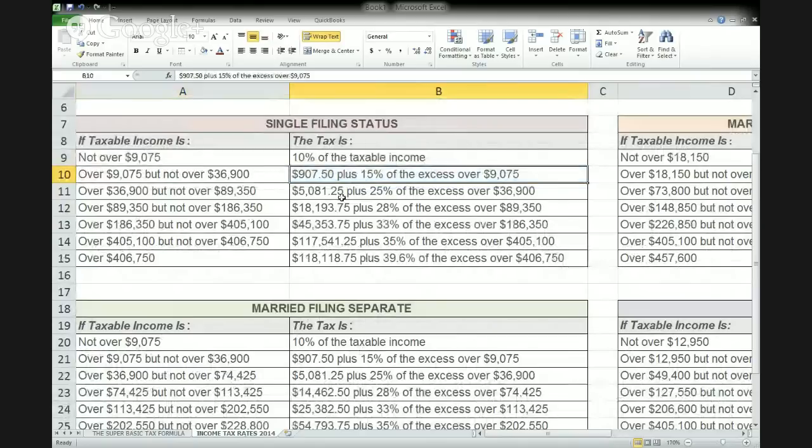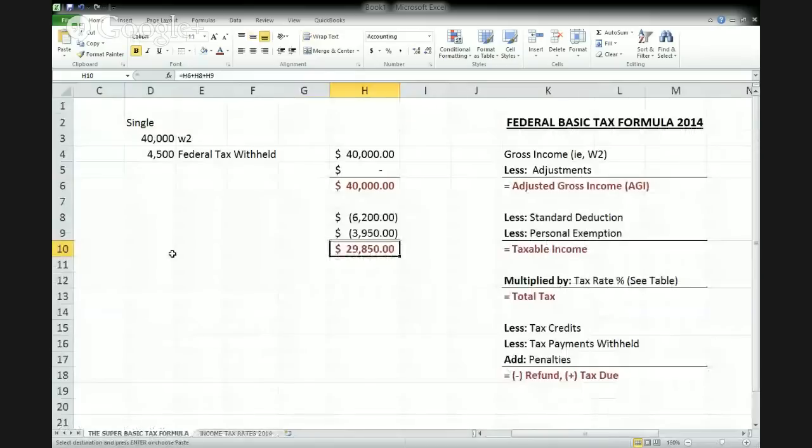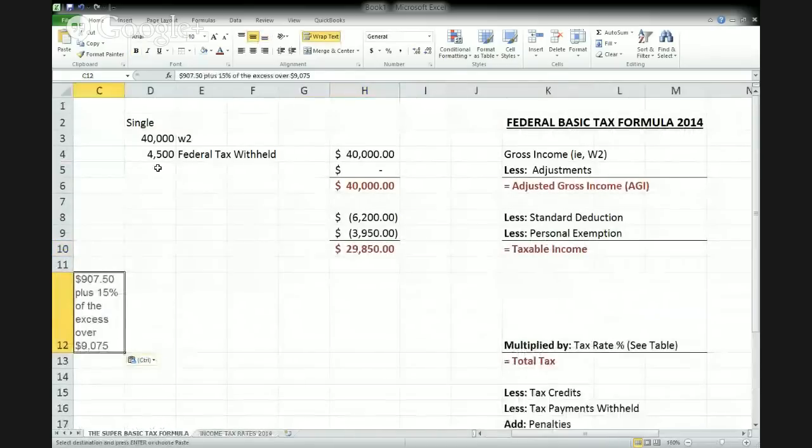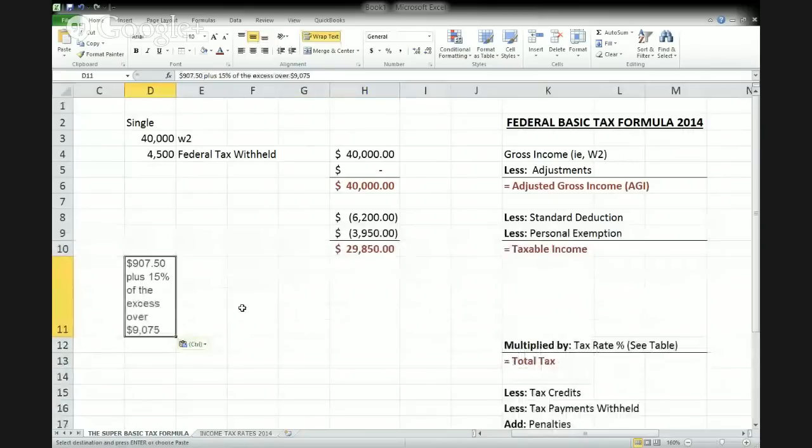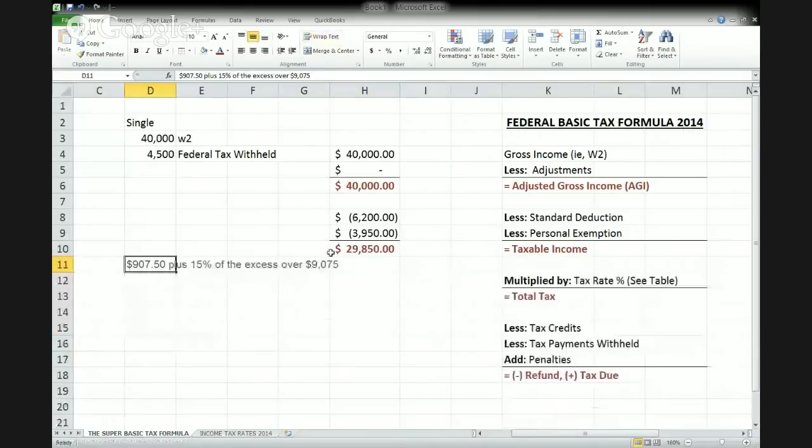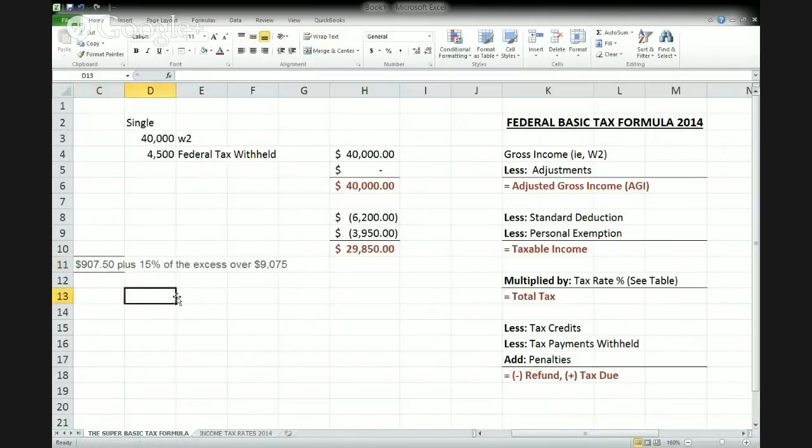So if this is what we have, we just could go ahead and take this as information, and we know that the rule we have to follow is that we have to take $907.50 plus 15% of the difference between 29,850 and 9,075. So let's go ahead and figure this out. Again, we're going to do 907.5,